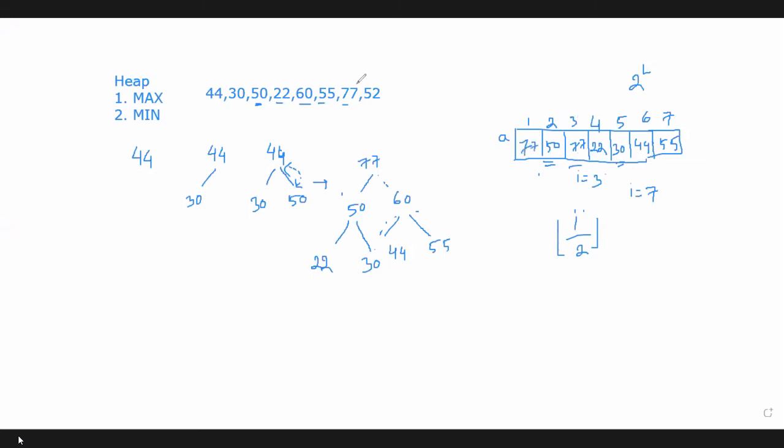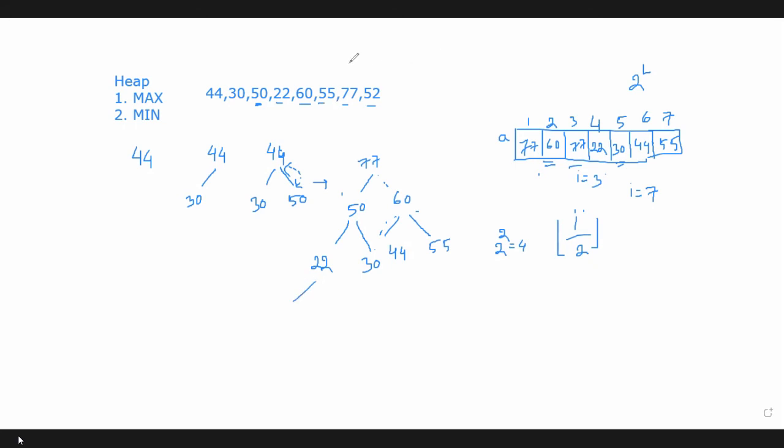And in this position 60 will be stored. So is it a maxheap? Yes, all the parent nodes are greater than their child nodes. Now the next node is 52. That was level number 2, and this level is now complete. Level number 2, that means this level can have how many nodes? 4 nodes. And this level is complete. Now we can insert a node in the next level.